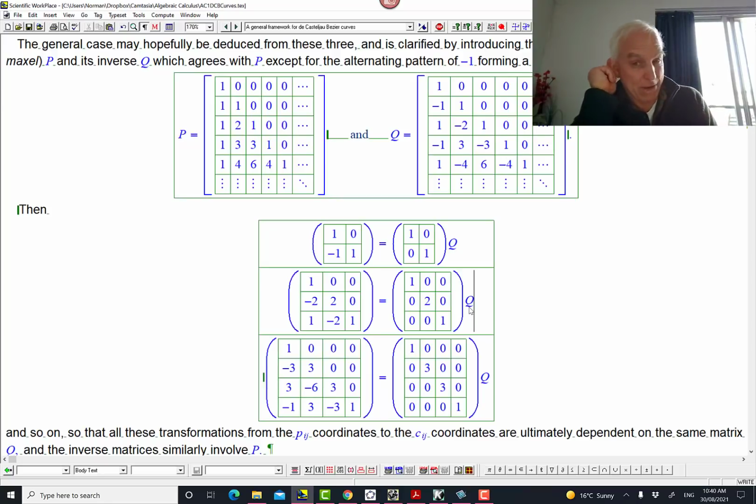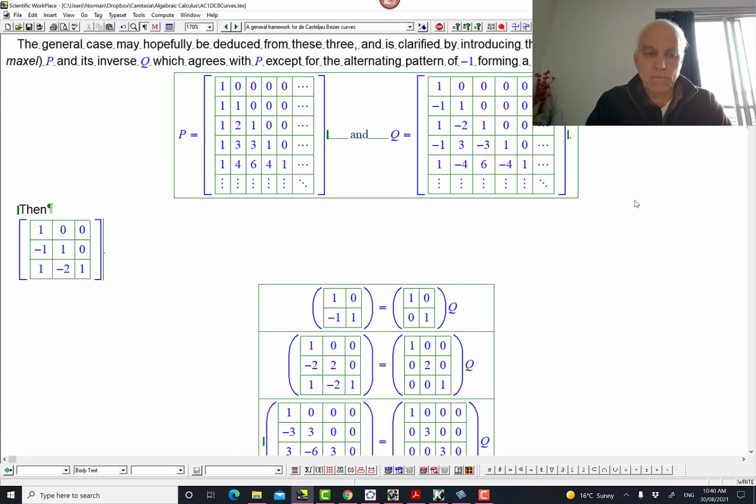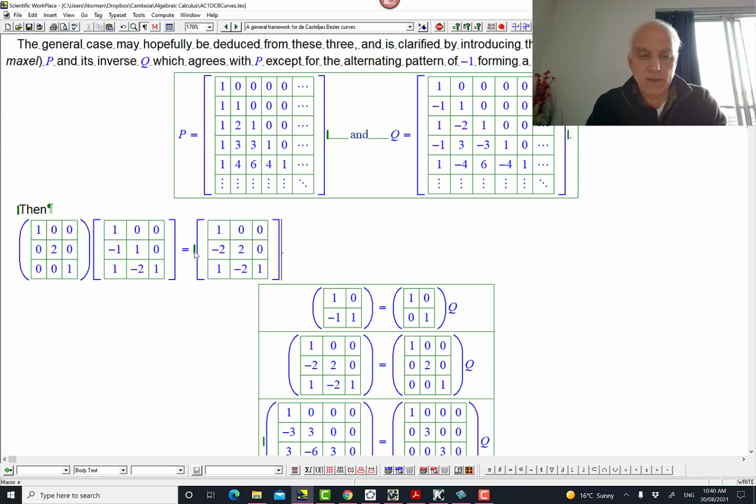Okay, so I talk about maxils in my Math Foundation series, somewhere probably in the 200s. Very important kind of generalization or larger scale view of matrix theory. But basically what you can think is you can just, in order to calculate this thing, truncate this Q and look at the top part of it. So let me just illustrate that. If I take this thing here, there it is. That's the top part of Q, and I grab this matrix here and I put it in front of it. Let's see if it'll multiply these two things. Equals. You see, I am getting that 3 by 3 matrix there.